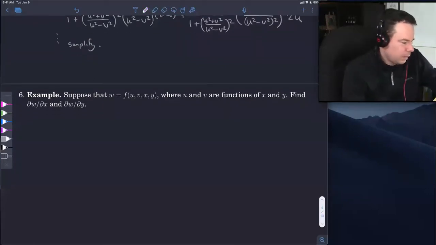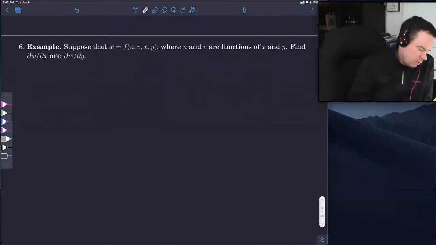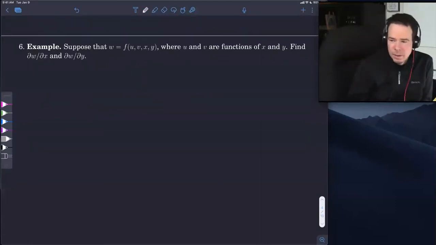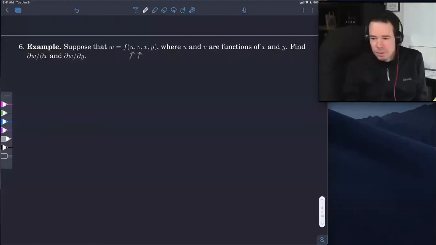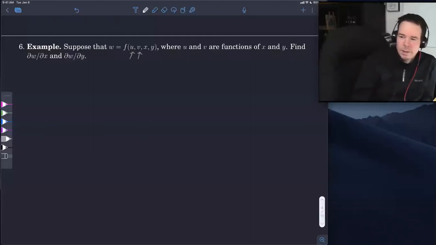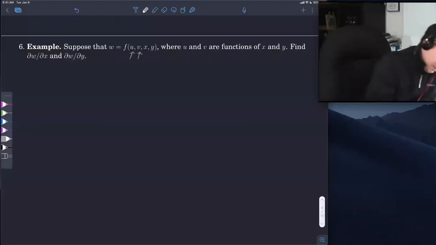Okay, so let's have a look at this next one. Suppose that we have a function f of u, v, x, and y, but both u and v are functions of x and y. So these themselves, u and v, are further functions of x and y. So it might seem weird why we're doing this, but it'll make sense in the next example. But we can go through the process. Now I'd like to know what del w del x is. Well, del w del x, let's just go through it. It would be